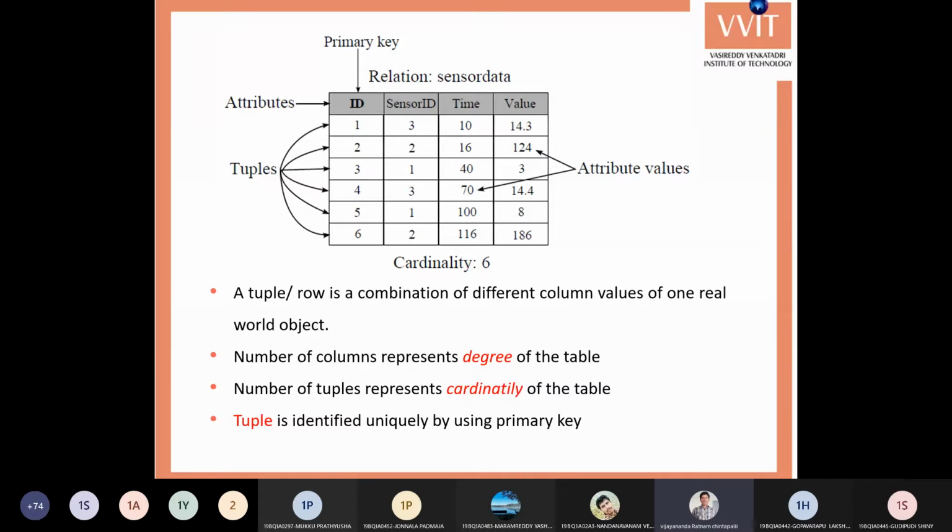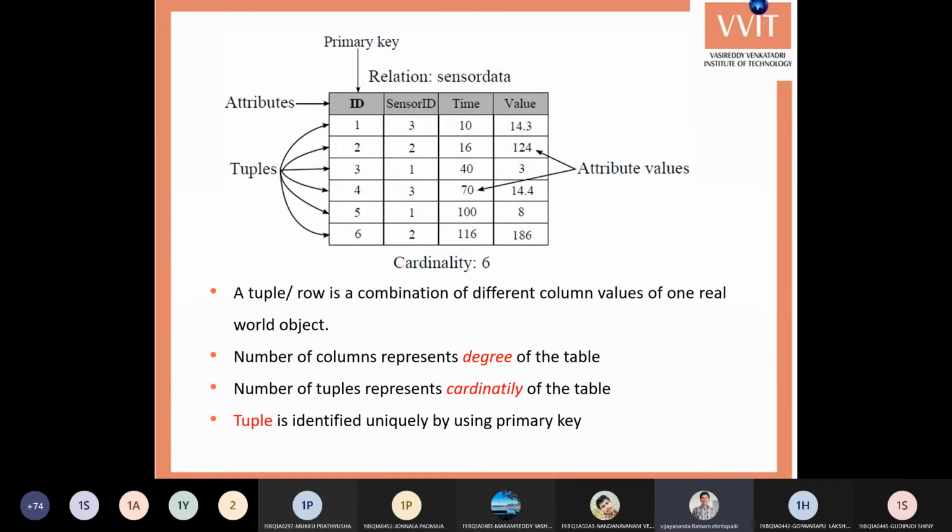A relational model is nothing but a collection of relations, and a relation consists of tuples and attributes. Attributes means columns, tuples means rows, and a tuple or row is a combination of different column values of one real world object.